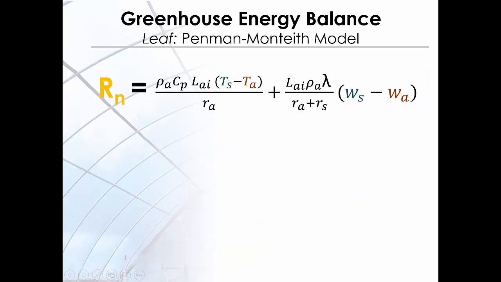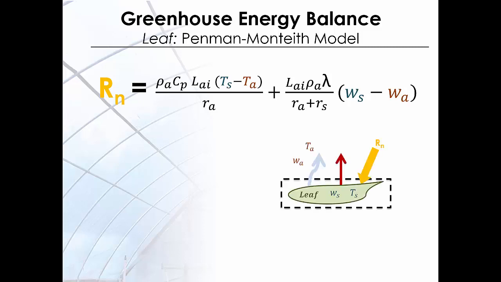Let's remember our equation again from the previous slide for the energy balance of the leaf surface, and the related components for this analysis on the leaf surface: the solar radiation component, the sensible heat, and the latent heat component. Our final equation for the energy balance on the leaf surface is summarized in this equation, with the solar energy term on the left hand side, that is the available energy for the plant, and on the right hand side we have the sensible heat from the plant